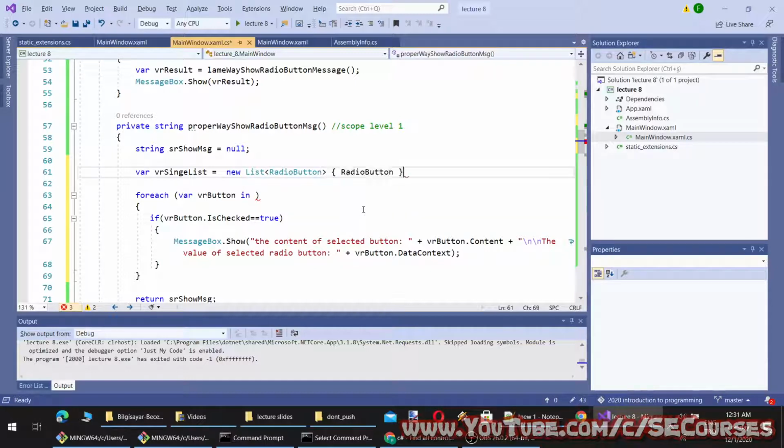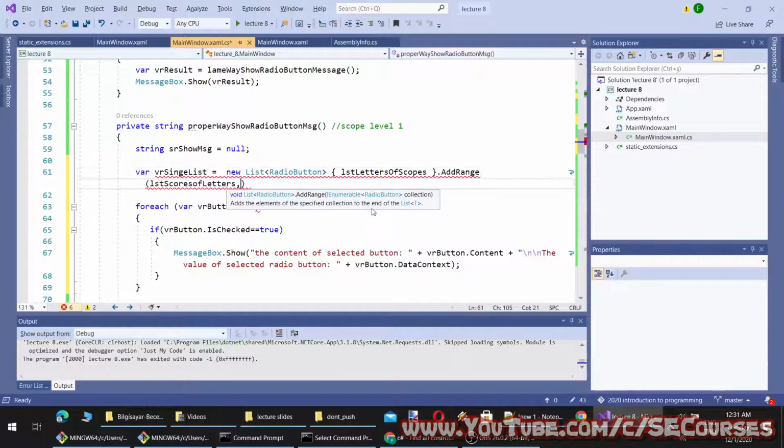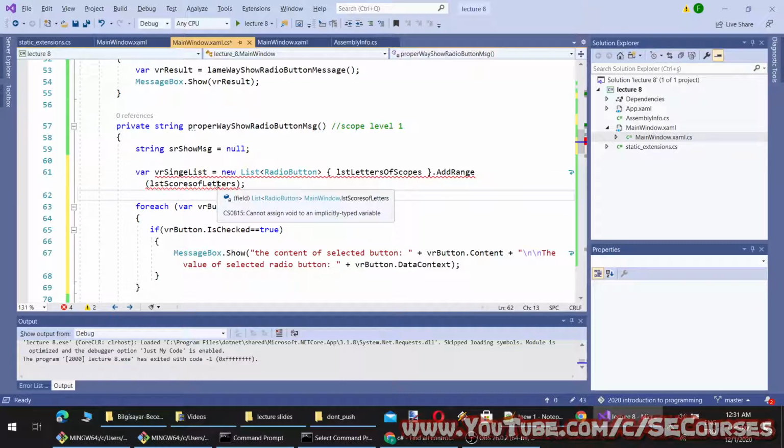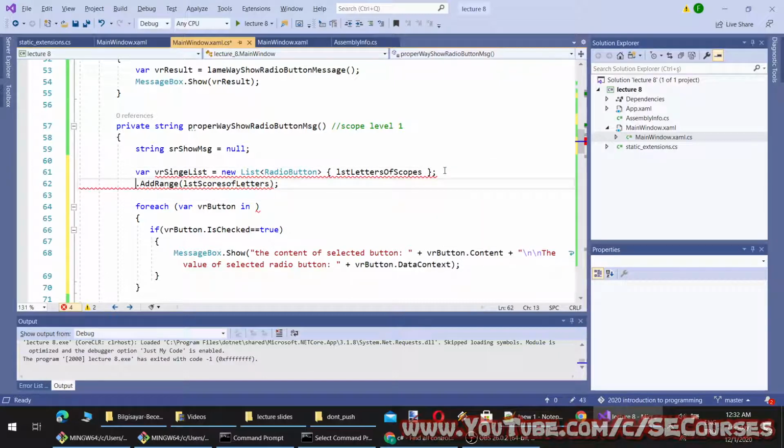Okay, I will show another interesting thing. AddRange. It doesn't work. This is really interesting. Maybe we should make it like this.